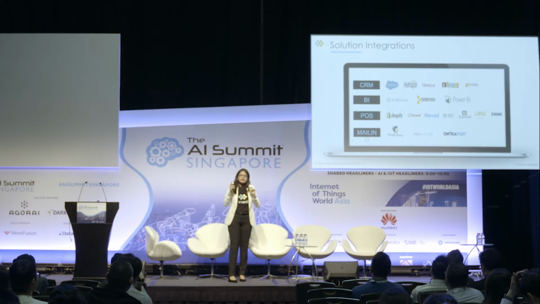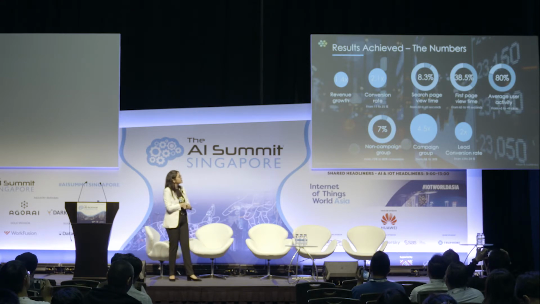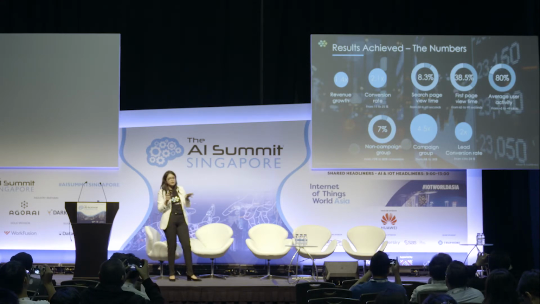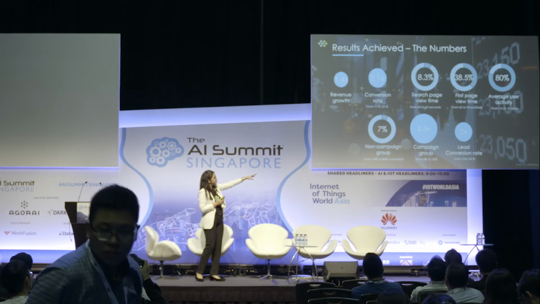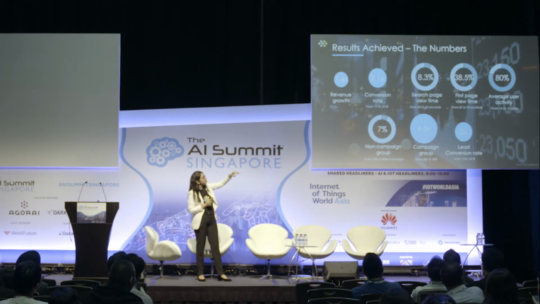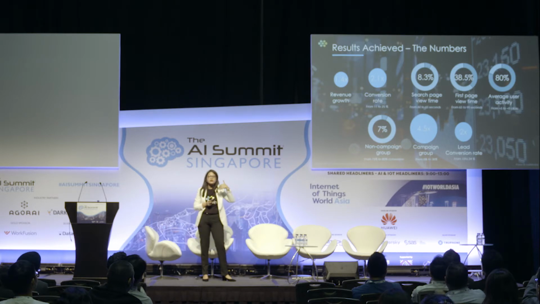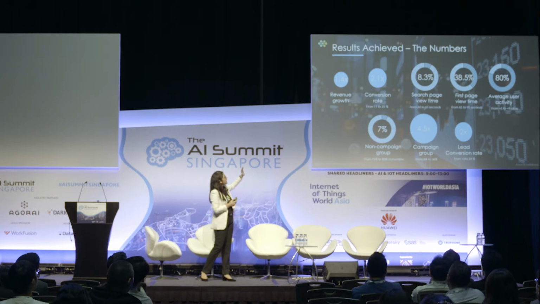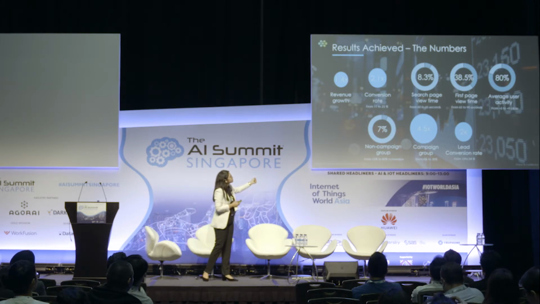As a result of these tenets and inherent capabilities, these are some of the numbers we were able to achieve for our customers. This is a combination of both the use cases across the lead conversion rate, across recommendations, for example, search page view time improvement, average user activity across campaigns. So the campaign group improvement that our solution was able to achieve versus what the dealer network was able to do for the client, and the overall conversion rates from a churn and retention perspective.